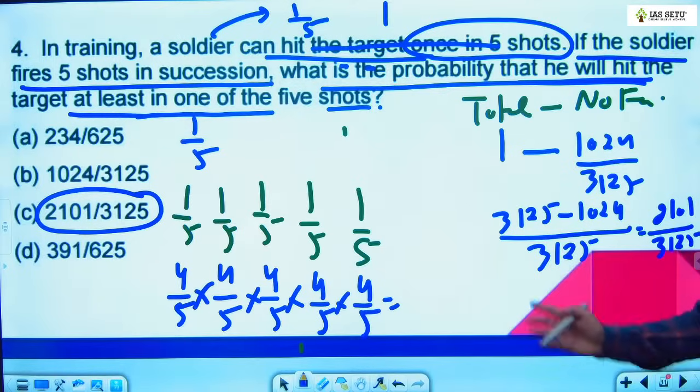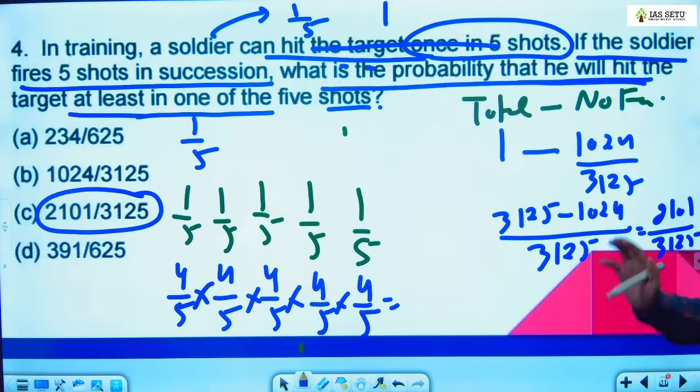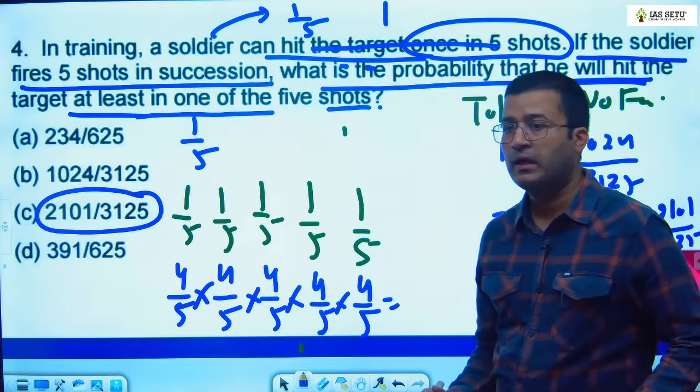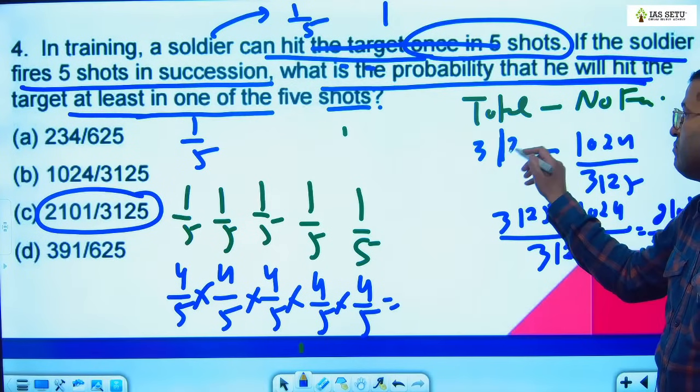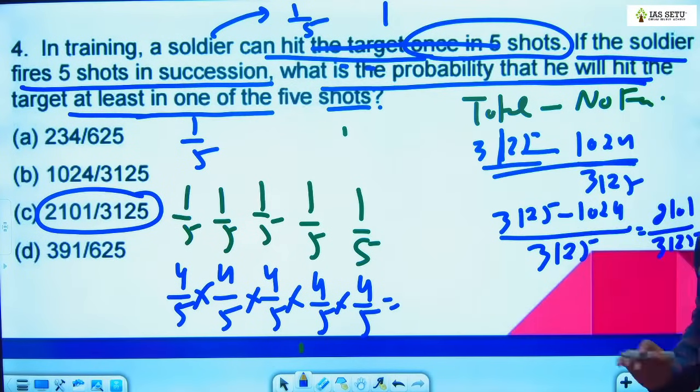हाँ वही किया, टोटल माइनस नॉन फेवरेबल, या टोटल वेज माइनस नॉन फेवरेबल डिवाइडेड बाय टोटल, आंसर वही आएगा. प्रोबेबिलिटी टोटल 1 ले लो या टोटल वेज 3125. ओके,